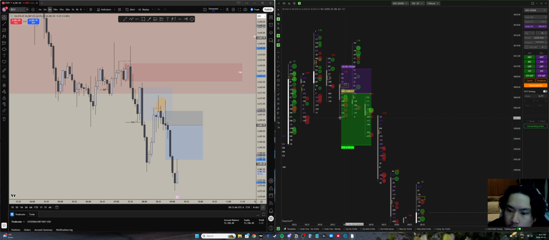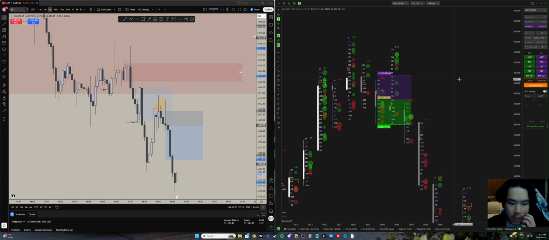and then we were kind of floating in profit. I should have went to break even because we did achieve 1-to-1, but with absorption, I'm still kind of working on my risk management plan. I don't know if I want to trail by RR or learn how to trail through aggressors and passive, mostly aggressors, but